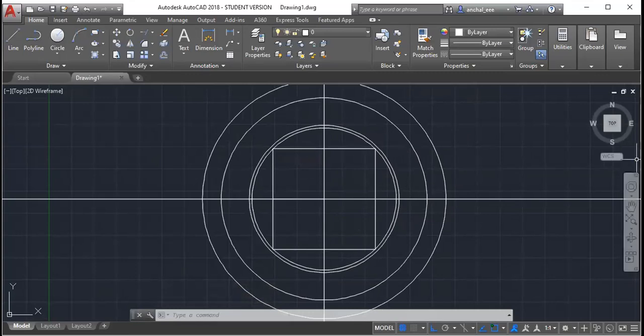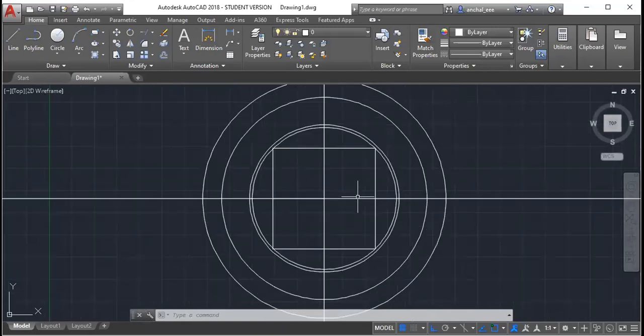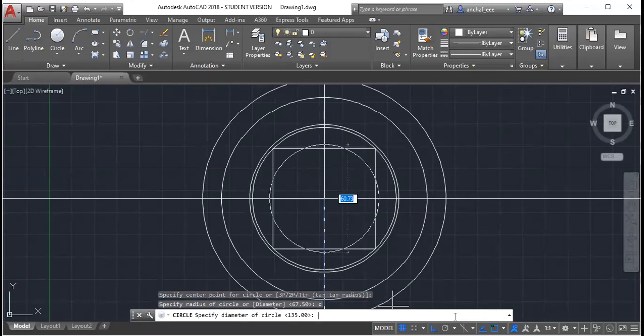So now next is do the hatching in the end only. Don't do the hatching in between. Okay. Then it will be difficult for you to draw the lines and all. Now, I think I have missed one circle. I missed one circle between the LV winding outer. Okay, I will draw it. From here, D and 98, 98.